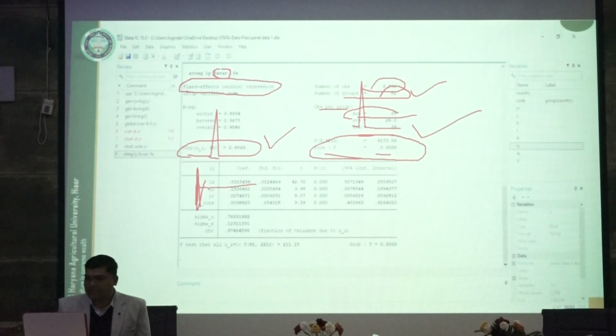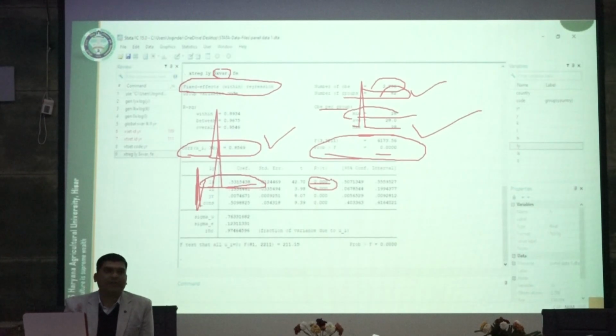So this lk means log of capital. You can check whether this capital significantly affects the GDP or not. This value is significantly affecting the GDP, and this l is the next input variable. This yr, look at this yr is the year, and year having this